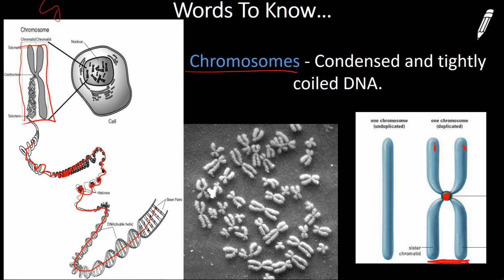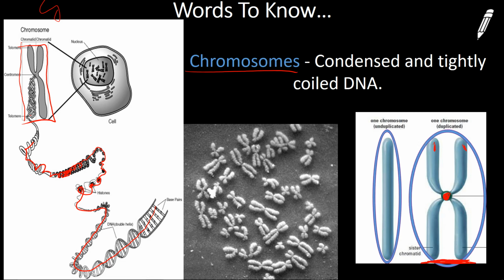We still consider this whole structure one chromosome, even though there's two copies. Okay, this is one unduplicated copy, this is one duplicated copy. It's both considered one chromosome, just that one has two copies to form this X shape. Okay,